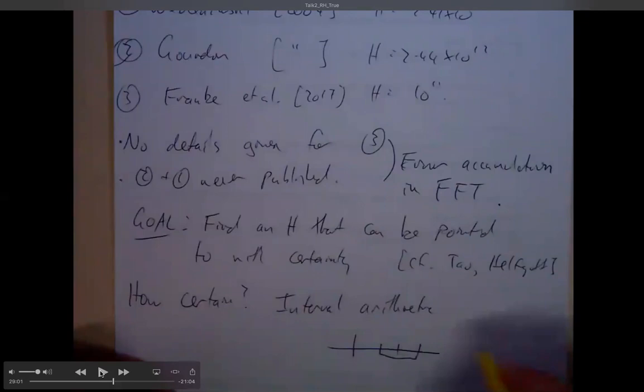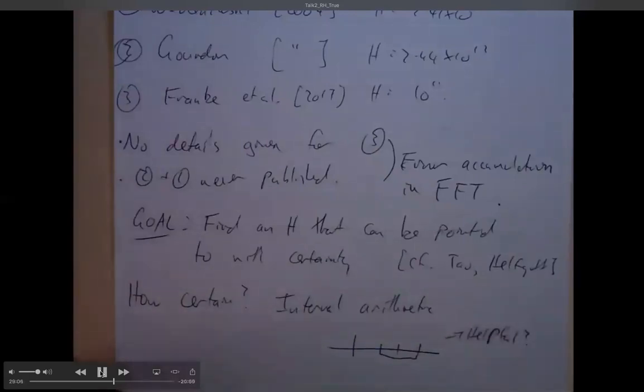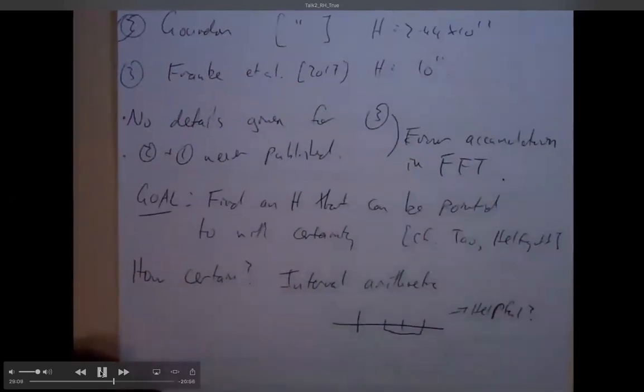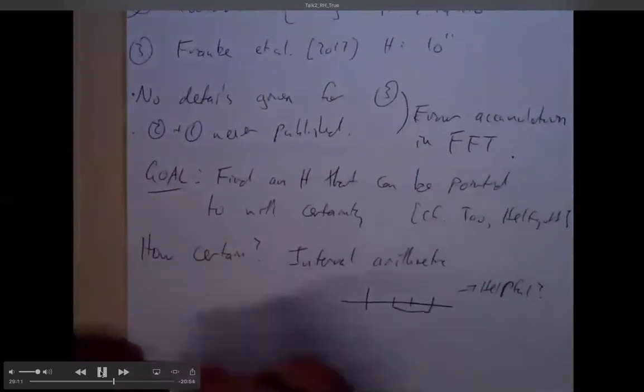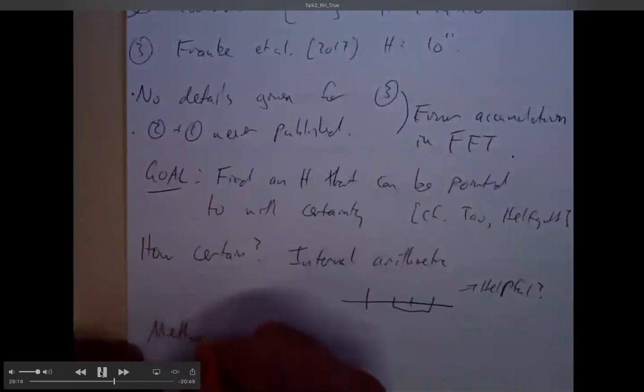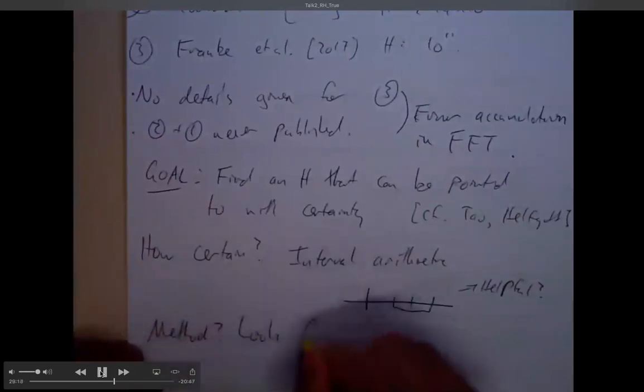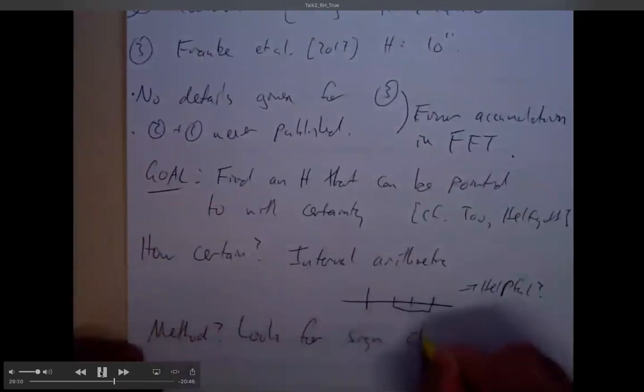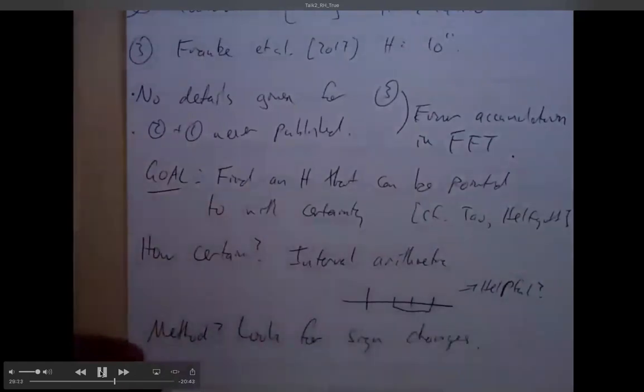But perhaps the best one is to use what's sometimes called ball arithmetic or interval arithmetic, as opposed to floating point arithmetic. We're not going into the details now, but roughly speaking, interval arithmetic says the answer to whatever sum you're doing lies in there, and it remembers that. So if you add this to something else that lies within there, then the new answer lies within here. It remembers that, so it doesn't have to worry about truncating things. It remembers intervals where the answers must lie. And so that means you avoid some of the problems with floating point arithmetic. So that's more or less what I wanted to talk about.